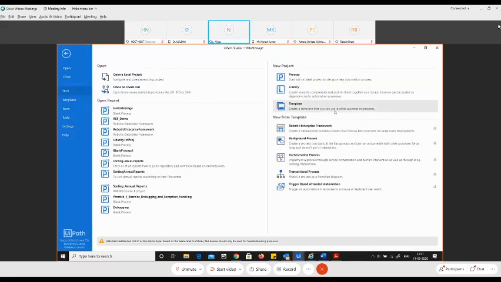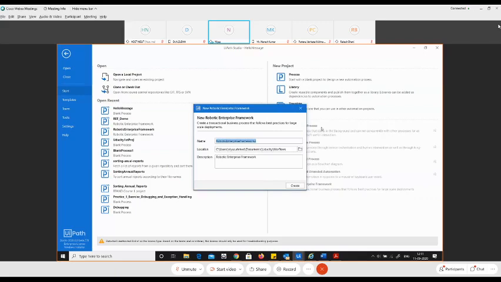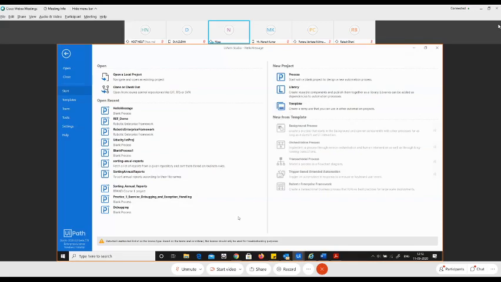So you can go here, and from here you can choose a template. We have a number of templates here. I'll say one of the very first templates, when we started designing it, we designed the very first template as the Robotic Enterprise Framework template, or we call it REF, Robotic Enterprise Framework. That is the name. So let me go ahead and create a Robotic Enterprise Framework. There you go. Let me give a name to it. I'll say ref demo. Sorry for the typo. Okay, and let me go ahead and click create.